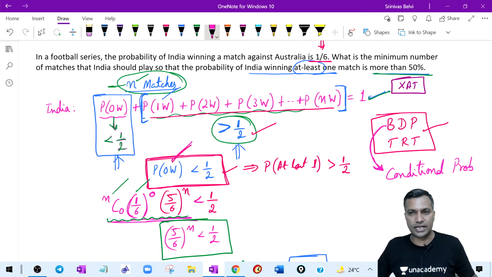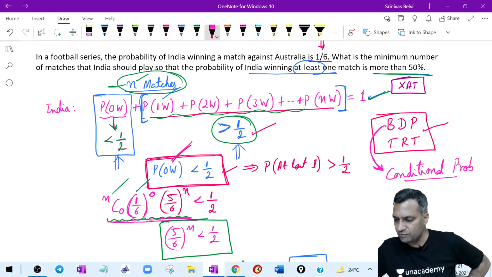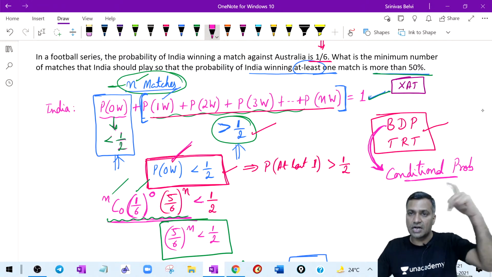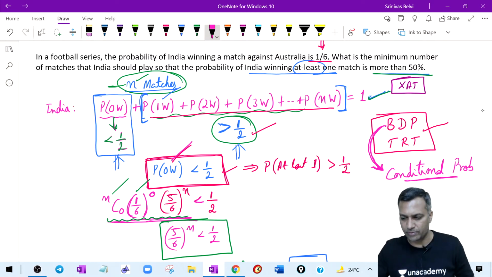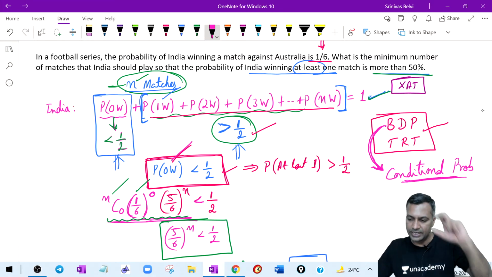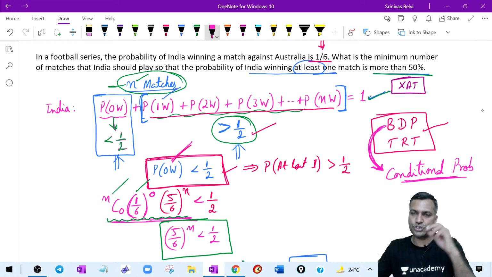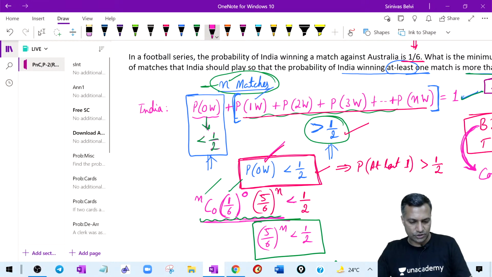That will take us to the next level, because a lot of people get confused with conditional probability, and when we merge binomial distribution of probability with conditional probability, it tends to be much more tricky. We will evaluate that in the next lecture. We will first understand conditional probability in the first half of the lecture. In the second half, we will merge these two elements and discuss this.